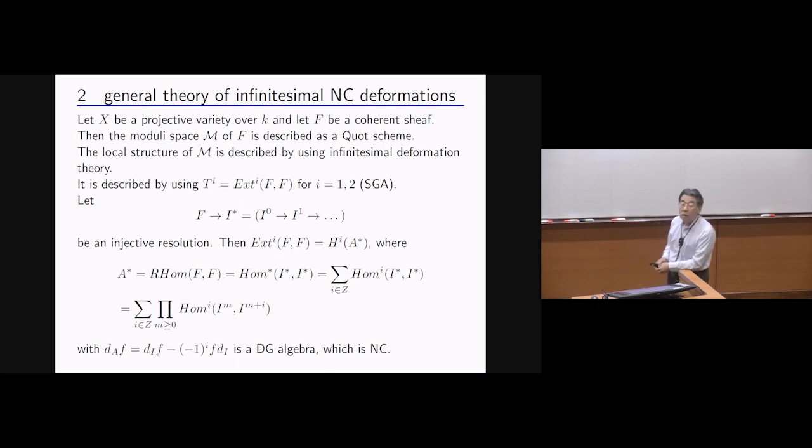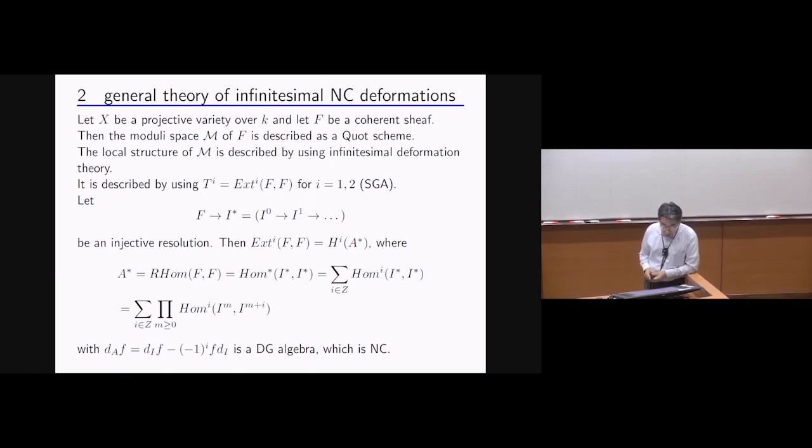So this is a general theory of SGA. So this is commutative theory. And these extension sheaves are actually the homology groups of some non-commutative algebra. This is the so-called differential graded algebra. So I'll explain this. So let